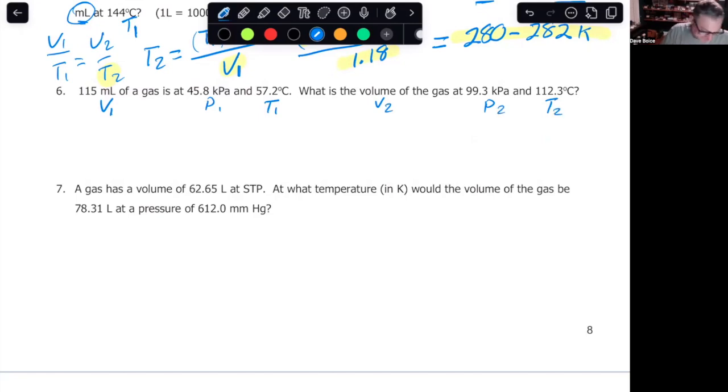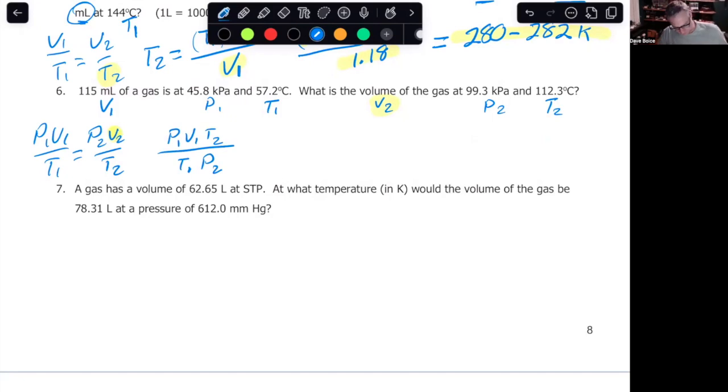Okay, so I'm going to use the entire combined gas law. The whole thing is mine. P1 V1 over T1 equals P2 V2 over T2. And I want to solve for V2. So I'm going to cross multiply to get myself there. And that means I'm going to do P1 V1 times T2 divided by T1 times P2. So once you have this figured out, it's pretty much just plug and chug, and most importantly,